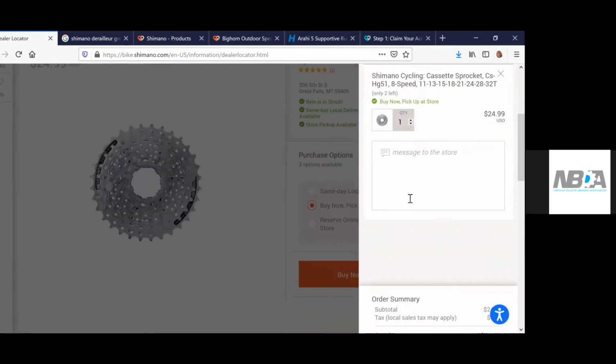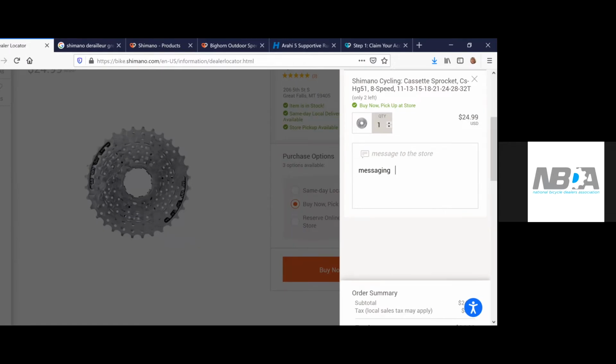And then there's the ability to message directly to the store here. As a retailer, we know you're busy. We know that there are certain forms of communication that work well for you, and we understand that there are times when maybe it doesn't work well for you. When you claim and connect with Locally, you have the ability to have this messaging sent to you via text message or email. You can have multiple users, different times of day, to different people, whatever is convenient for you and how you operate your business.